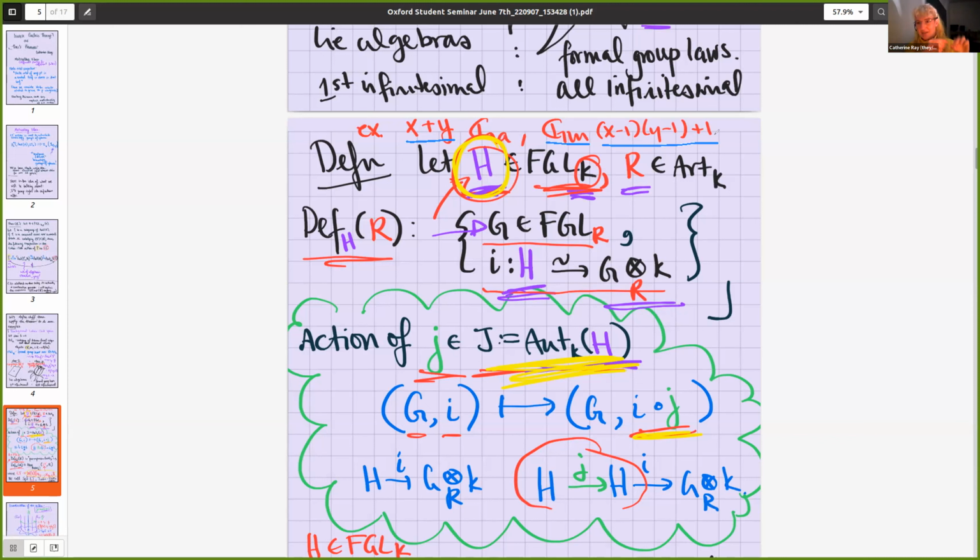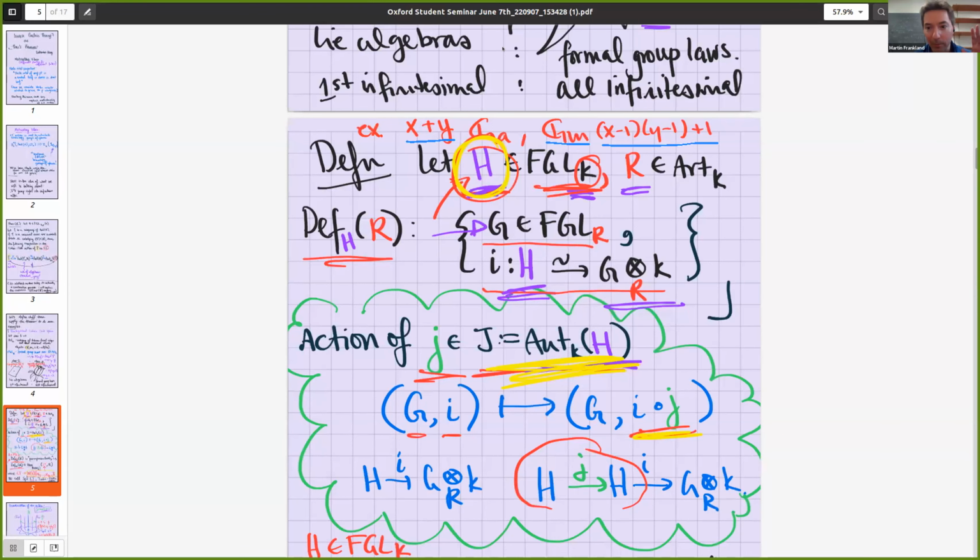If it was x times y, then with y equal to 0 it would be 0, and so it wouldn't have the property that x plus 0 is x. So this shift there and shift back is allowing us to have an identity. Okay, great. So those are two examples.